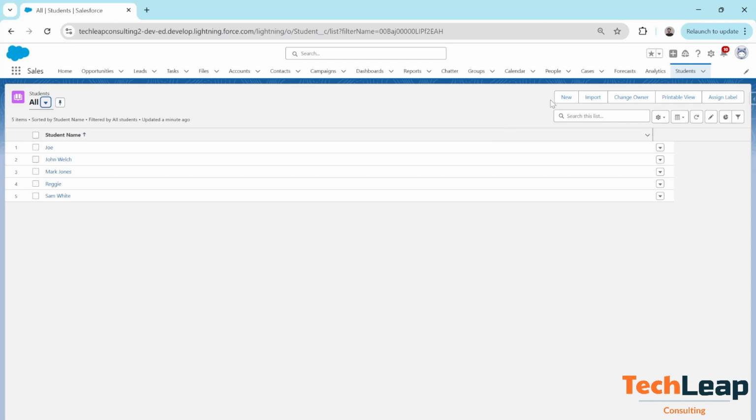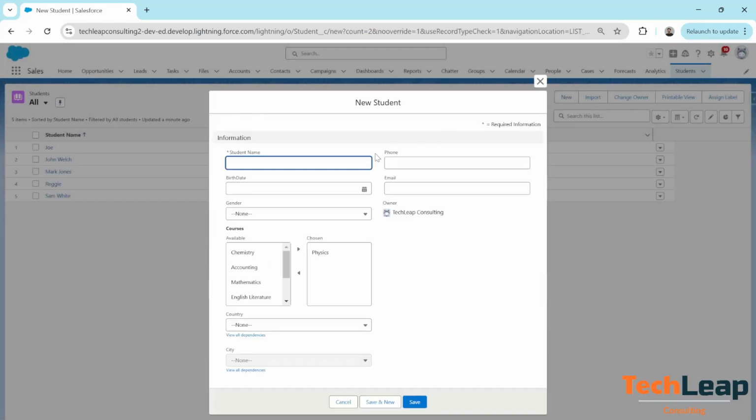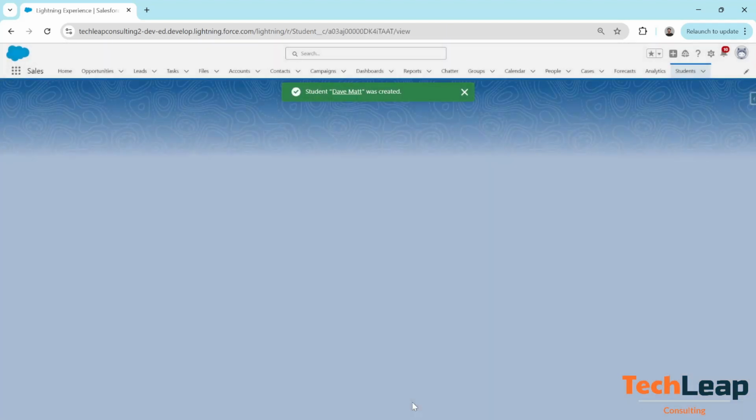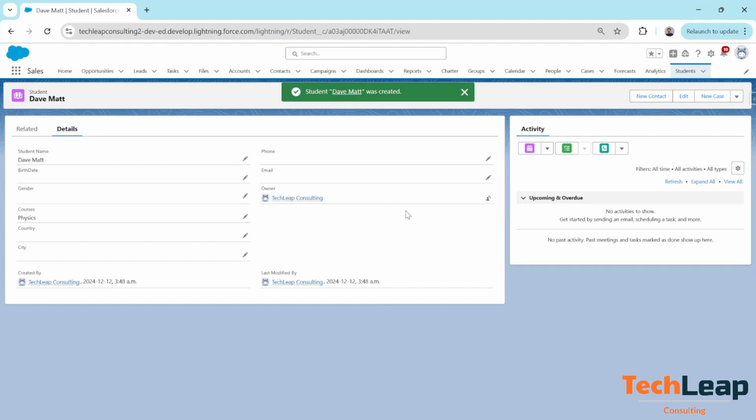In this case, if I click New, if I try to create a new student, let's say Dave Matt, and I have phone and email. Now I want to ensure that at least one of these values needs to be input if you're trying to save a student record. You need to have either a phone or an email. For now, I can simply go ahead and save without either of those,